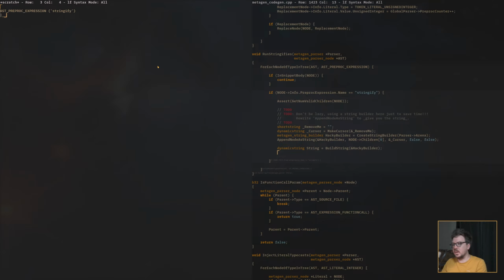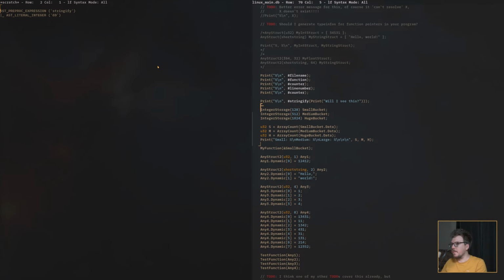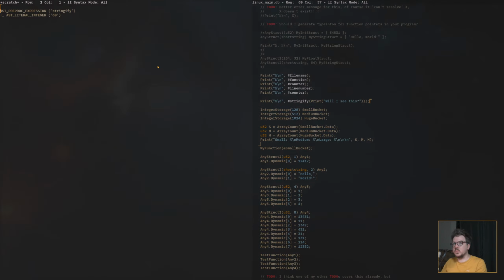So in this case, if it was the line number, it could be like 69. So this is what's in the tree right now at this line. There's a function called print. It's got one child, which is a string. It's got another child right now, which is one of these preproc expressions.